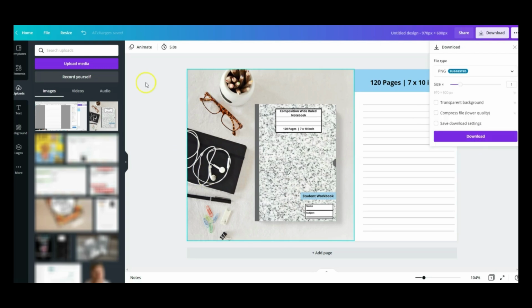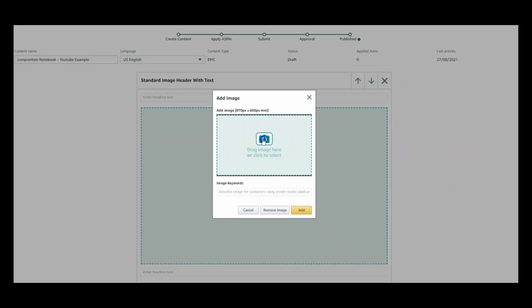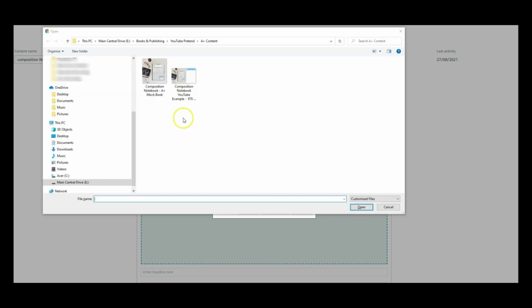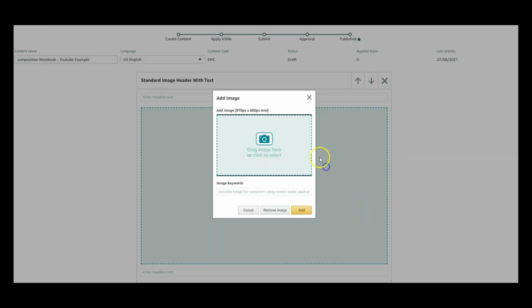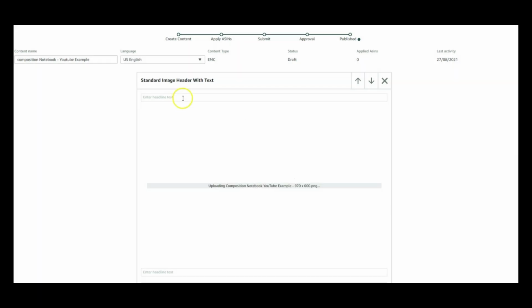Save the file accordingly to where you need to keep it, and then we go to our Amazon page here, and what we do, we click on the image and we need to grab that image from that folder, which is right here, and then the image will go our bit just here. So we just need to add some image keywords, so we just might want to say cover for composition notebook. Okay, we just go add, then we wait for that to load up,